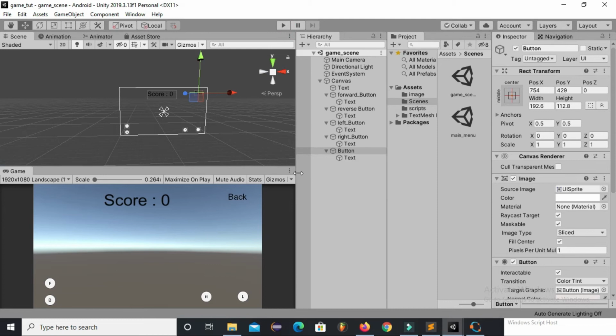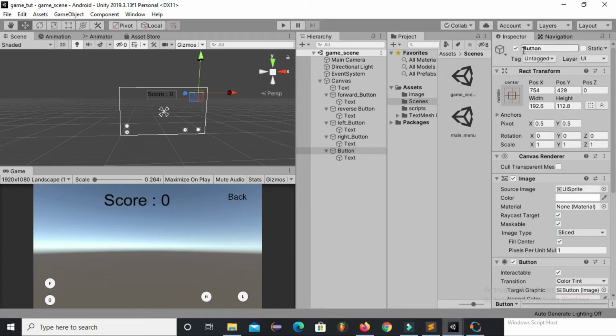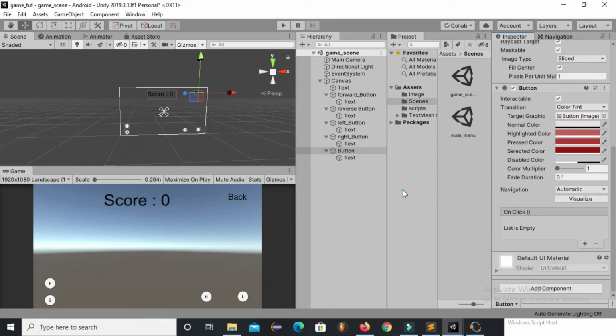Now first of all, I will add a script in which this back function will be called, or you can say the on click function will be called for this back button. So whenever this back button is pressed, we will go directly to the main menu. We have changed the name. Okay, save this.